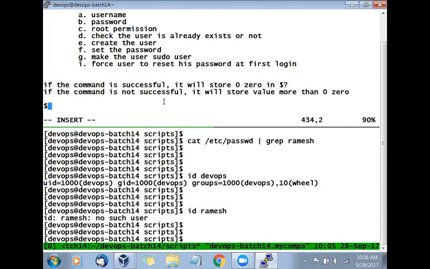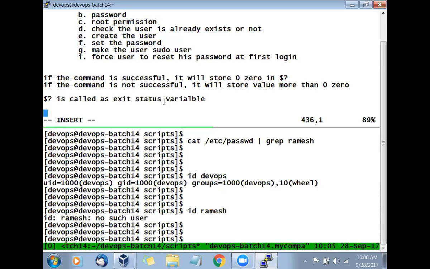And dollar question mark is called the exit status variable, to tell the exit status, that is, how the command exited, normally or not normally.